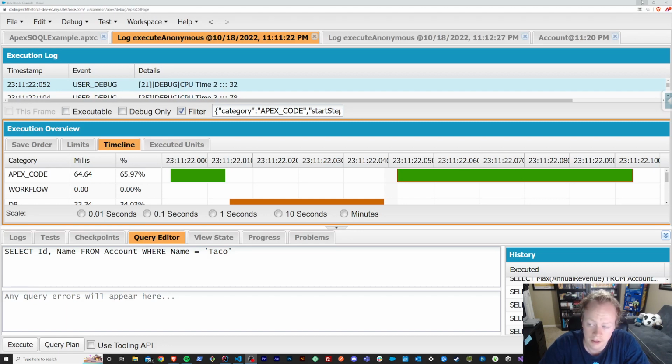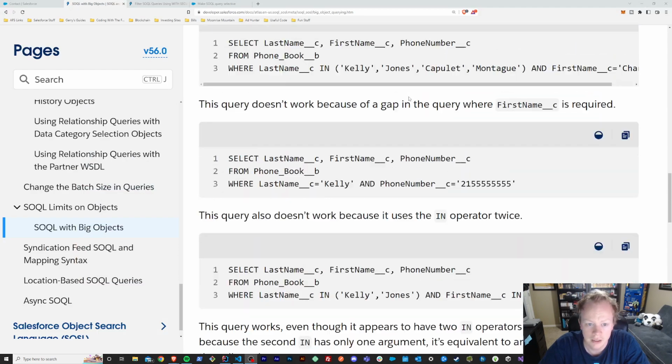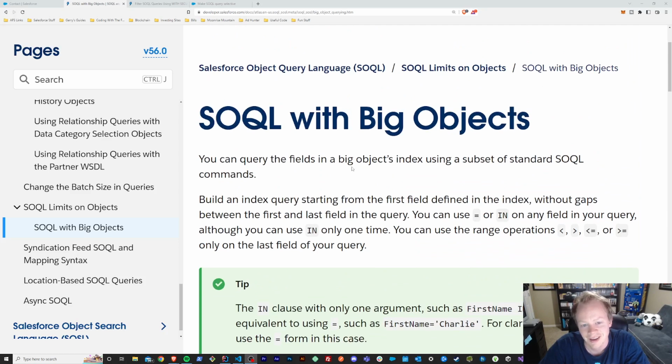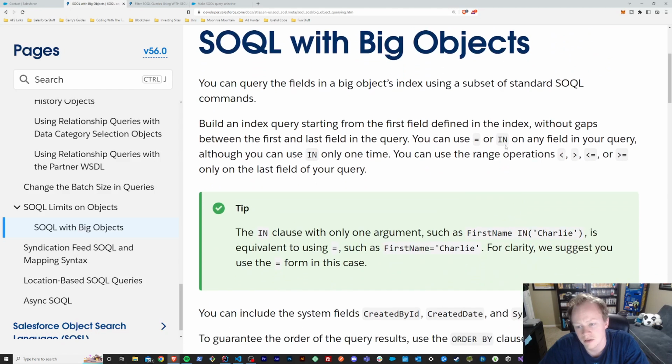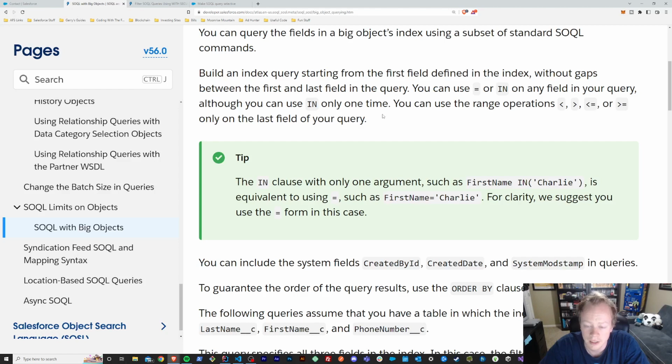Let's go over the many limitations of doing SOQL queries on big objects. If you never had to use a big object, I guess you can kind of consider yourself lucky. They're quite a bit more difficult to deal with, although they have their benefits and they're kind of useful if you're going to be archiving data. But big objects, you know, they have an enormous amount of limitations with SOQL,